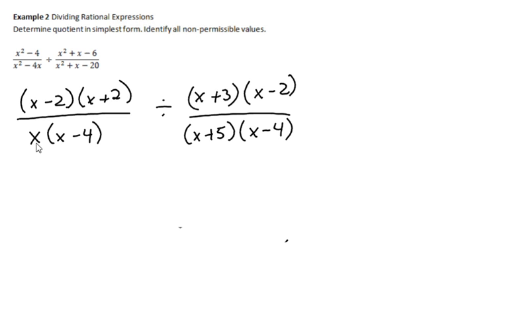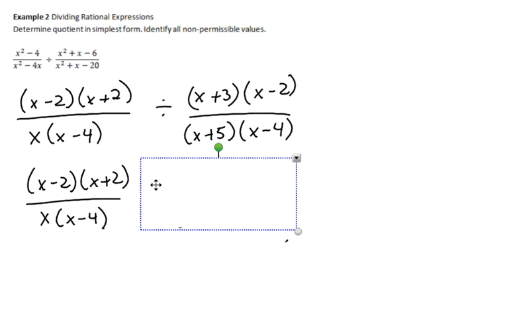So here we have x cannot equal 0, x minus 4 cannot equal 0, so when we rearrange we find out that x cannot equal positive 4. This will give us x cannot equal negative 5 and x cannot equal positive 4. So at this point we've established some of our restrictions, but we're not quite done, because in the next step what we're going to